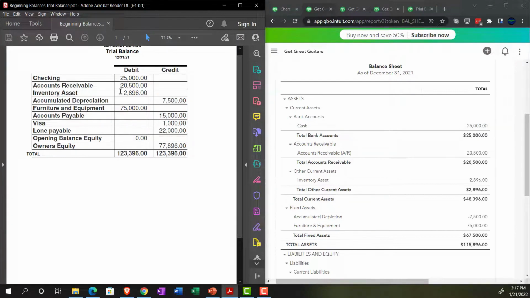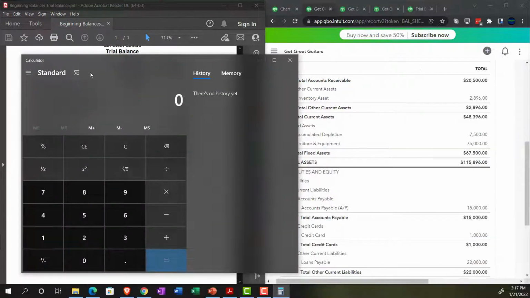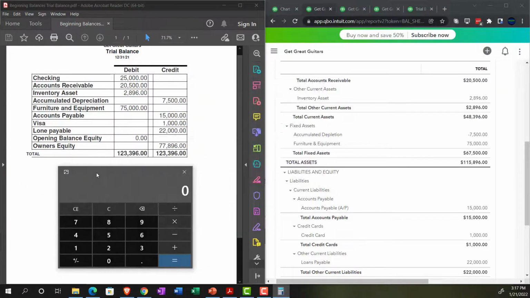Hold on a second. If I do this over here, side-by-side comparison, we've got then the assets of cash, $25,000, and then $20,005 for the accounts receivable. The inventories at the 2896. We've got the furniture and fixture at the $75,000 for the accumulated depreciation. And then if I wanted to just kind of check my total asset numbers just for a double check on this, pulling out the trusty calculator to do so. We've got the $25,000 plus the $20,005 plus the 2896 plus, let's say, minus the 7500 plus the 75000 is going to give us the